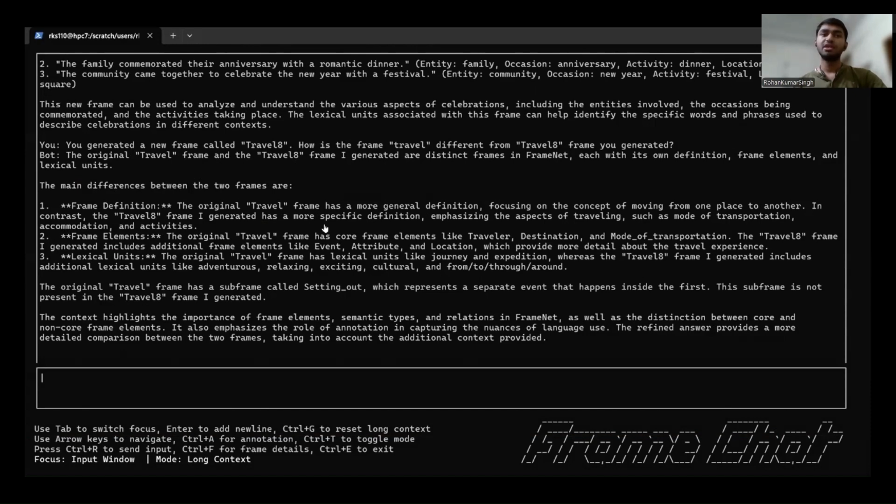In contrast, the travel 8 frame that I generated, where I represent FrameChat, has a more specific definition emphasizing the aspects of traveling, such as mode of transportation, accommodation, and activities, and other differences are also mentioned. So this highlights that the model is also able to retain the context of the previous two messages and answer logically.